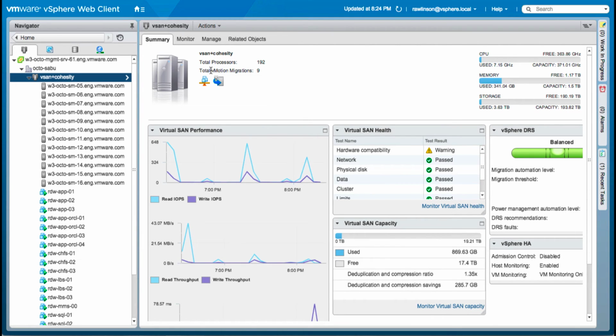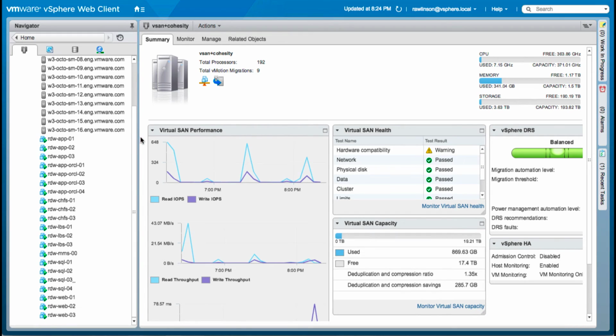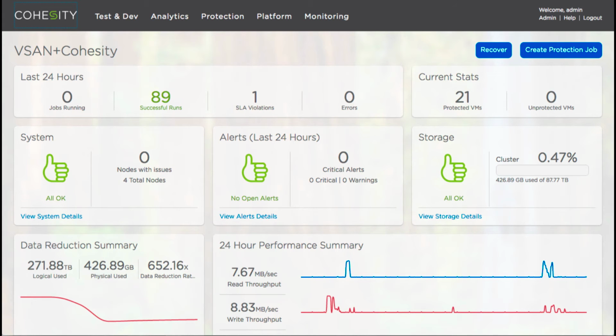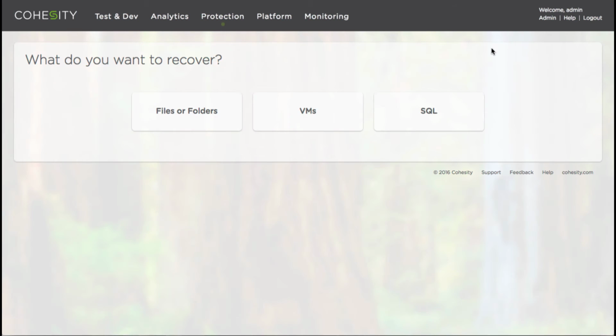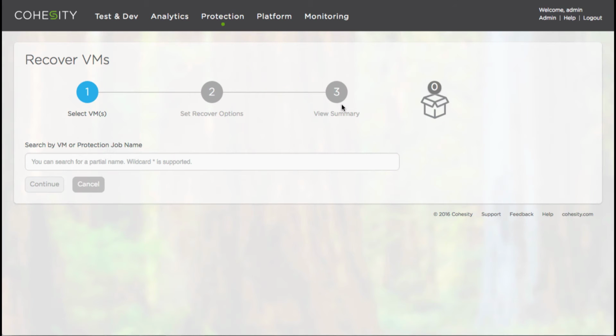All of the virtual machines have already been protected as part of a Cohesity protection job, which is applicable to that particular application. Now, at this point, we're simply going to jump back into the Cohesity management UI to start the process of the recovery for that particular application in order to simulate a potential failure or a test scenario. Here, we simply start by clicking on the recovery button and selecting the type of recovery job we want to